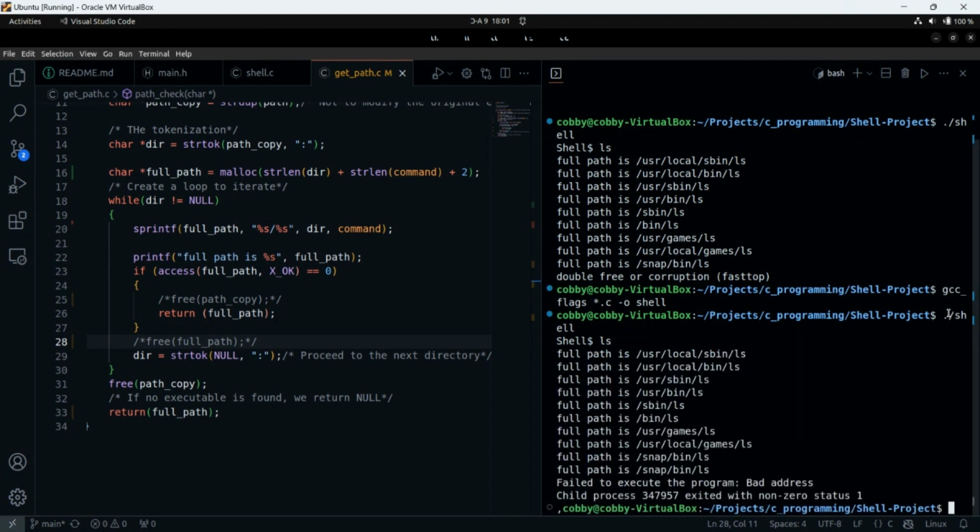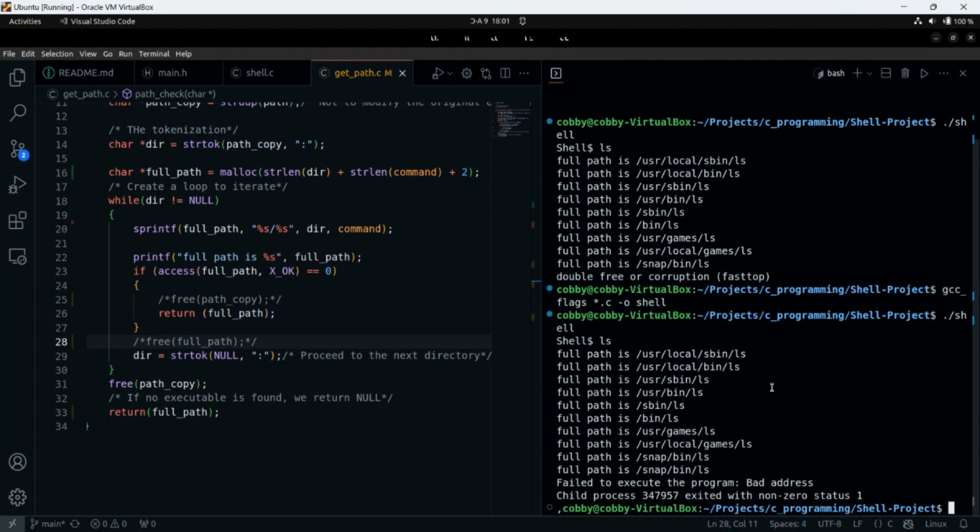Okay, failed to execute the program. Bad address. Yes. So it means that we found what is wrong with our code. It is probably from execv. We are giving it a bad address. Wow.